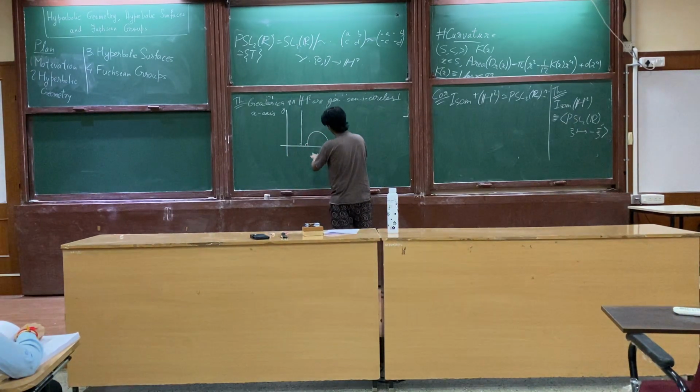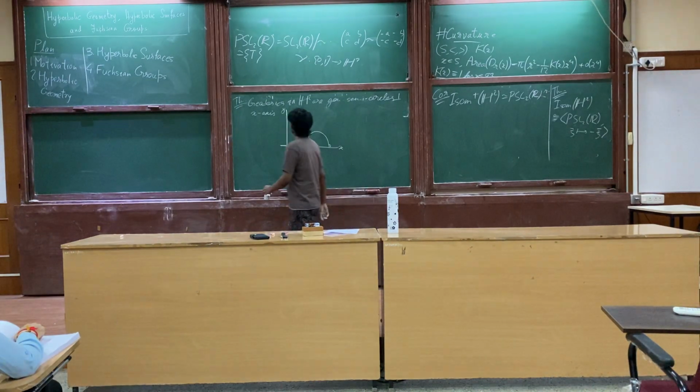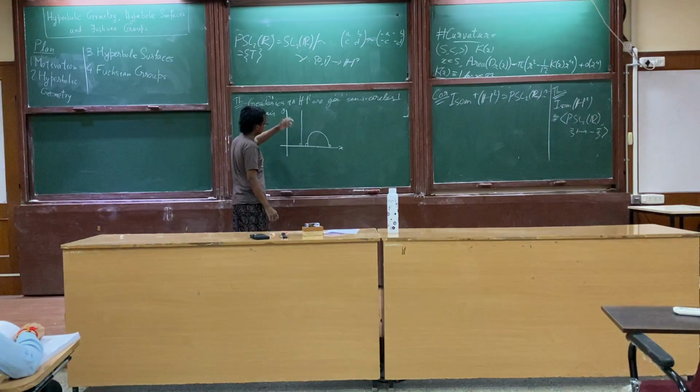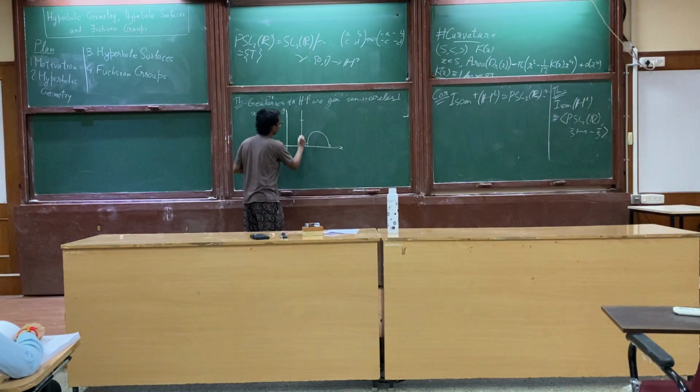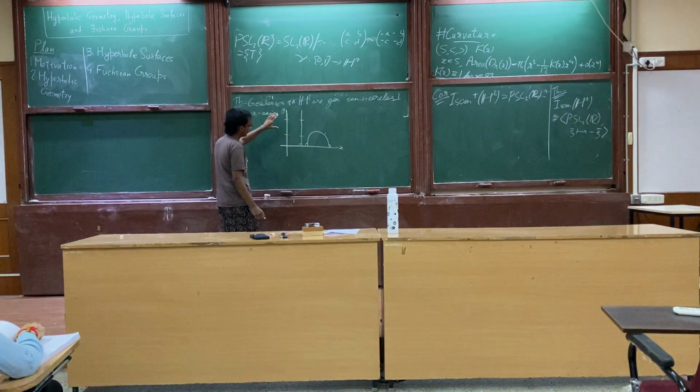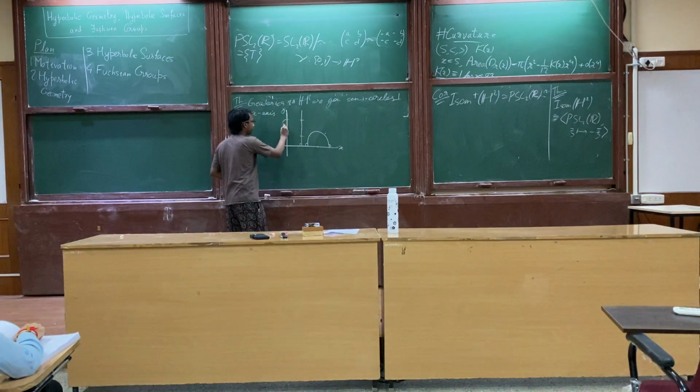So basically the center of any such semicircle should be on the x-axis. So how do we prove this? Well, we can actually show this, this is an easy exercise, that the segment between any 2 points on such a curve can be transferred to a vertical segment on the imaginary axis, and you can show by hand that the geodesic between any 2 points on the imaginary axis is actually the vertical segment